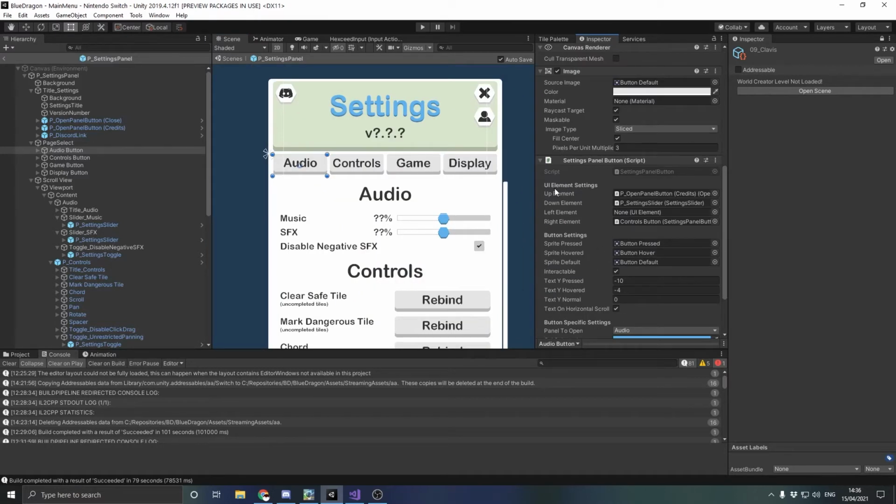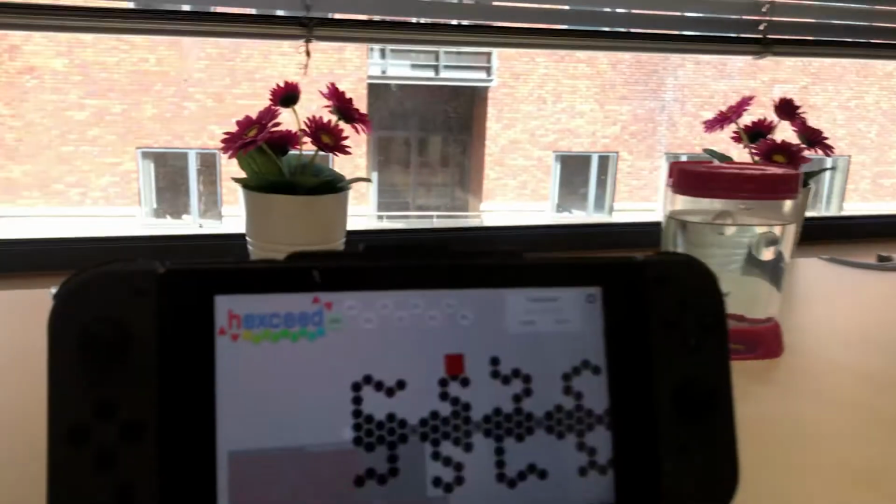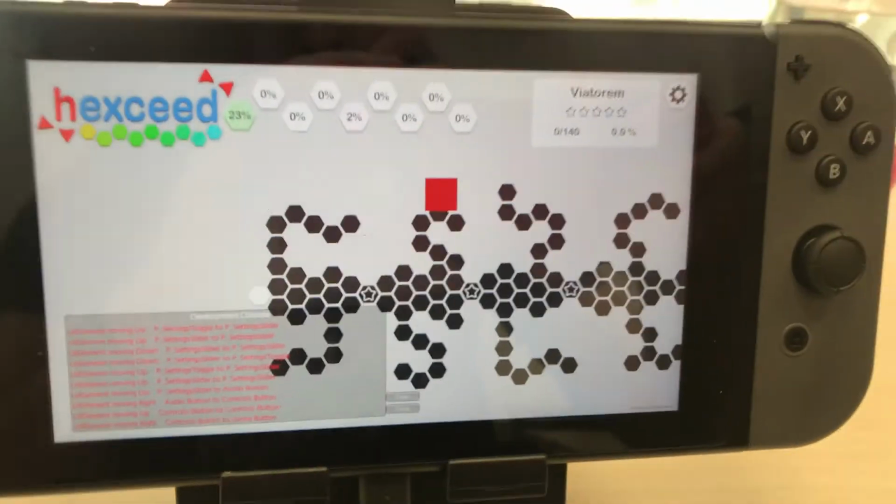So now on every button, you've got some settings that basically describe if the up button is pressed while this is selected, what do you go to? And yeah, I think it's been working quite well. I've had to manually do this for all of the elements in the game, all of the sliders and the toggles and stuff. So I think I've got that working. There's no visualization yet, but